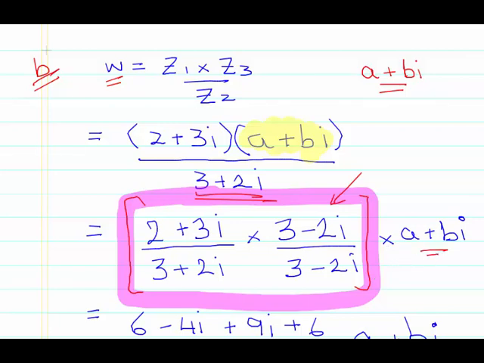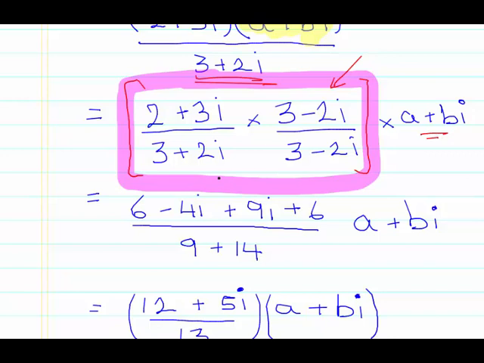So when we multiply by the complex conjugate, we get 9 plus, sorry, that should be just plus 4 there. 9 plus 4, that's 3 squared plus 2 squared, essentially. So that'll end up as 13. And multiplying the numerators, 2 plus 3i times 3 minus 2i, we'll get